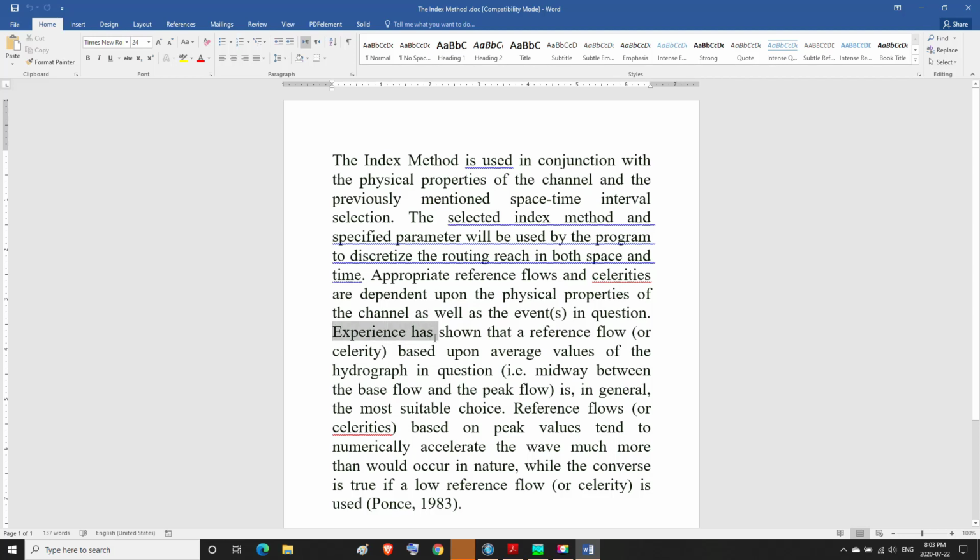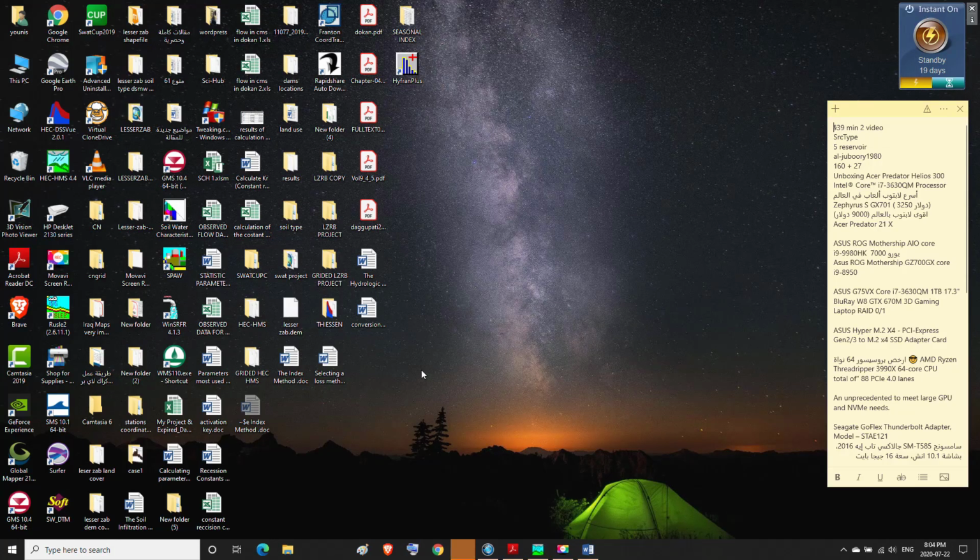So the experience has shown that a reference flow or celerity based upon average values of the hydrograph, i.e. midway between the base flow and the peak flow. To do so, we go to the Excel file titled Observed Data for SWAT Cup.